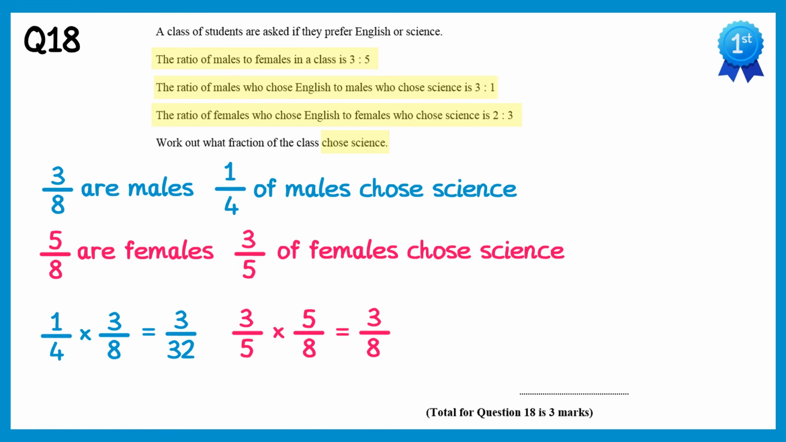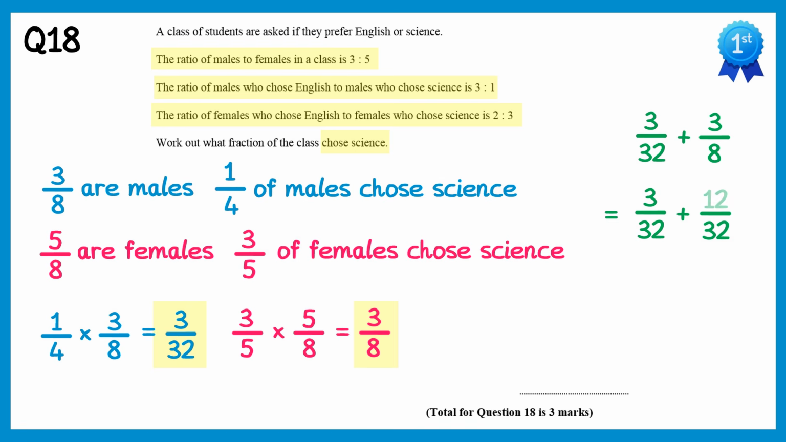So we now have 2 fractions of the class which chose science. We have 3 over 32 and 3 over 8. So all we need to do is add these together. We'll go for a common denominator of 32, so leave the first fraction, and change the second fraction to something over 32. To get from 8 to 32 we times by 4, so times 4 on the top gives you